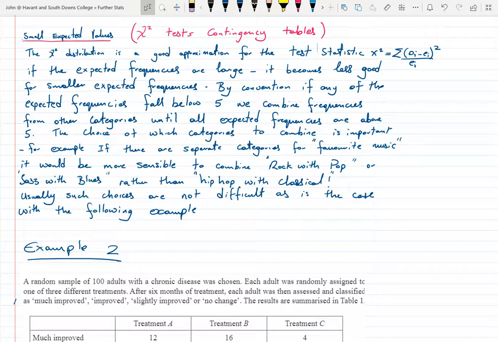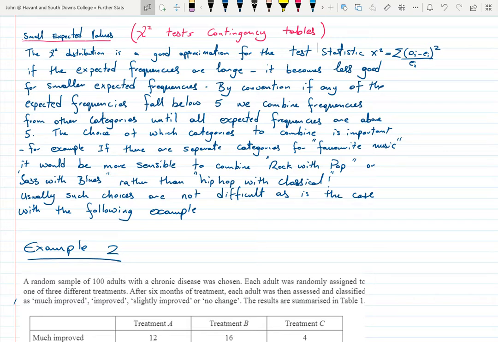Hello, in this video I'm going to go over a particular aspect of chi-squared test for contingency tables, which covers the cases where the expected frequencies fall below 5, because the chi-squared distribution really doesn't approximate the test statistic X squared particularly well in the cases where the frequencies fall below 5. So the convention is that we start combining